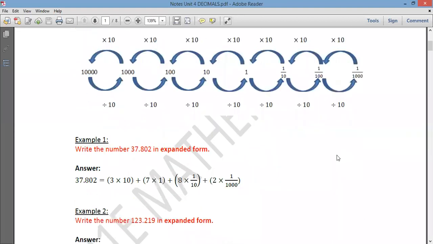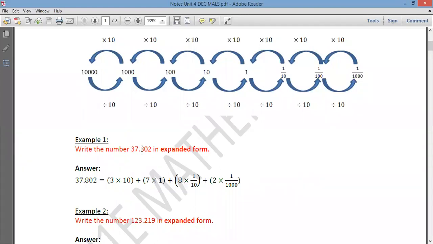So you look at example 1, then you will know clearly how to use this figure to help you write decimal numbers in expanded form. So first one, write the number 37.802 in expanded form. Okay, so this is 37. So 3 is here, 7 is located at the unit part. So 3, you just write down the number 3, then you have to multiply by 10, because this is 30. Plus 7 is a unit, so it's 7 times 1, plus,